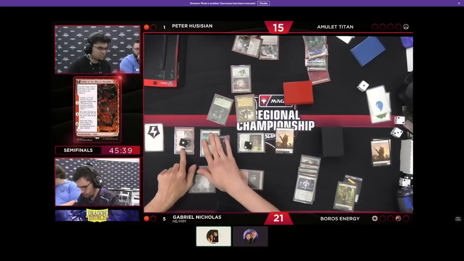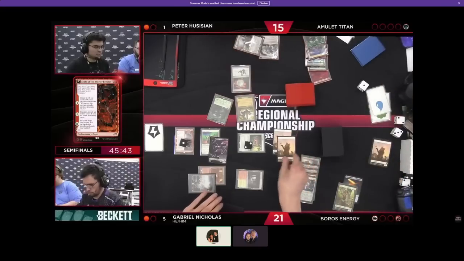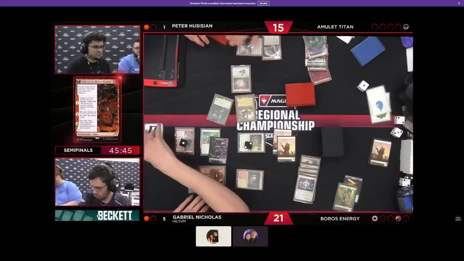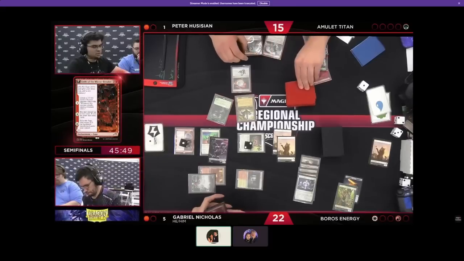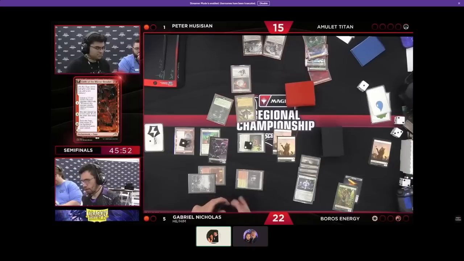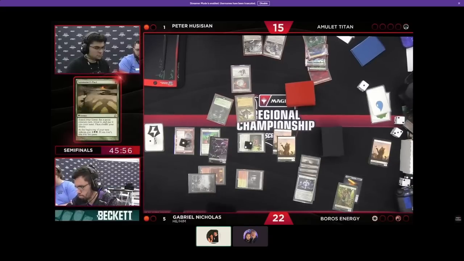But you might be able to imagine how this goes for me from this point. If I untap, everything is amazing for me. Just untapping with a Titan on board is pretty great. Titan on board at 15 with a bunch of weenies in hand that I have a 2 damage sweeper for. I end up attacking and